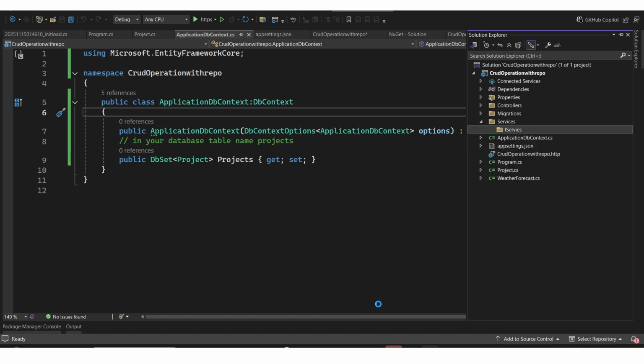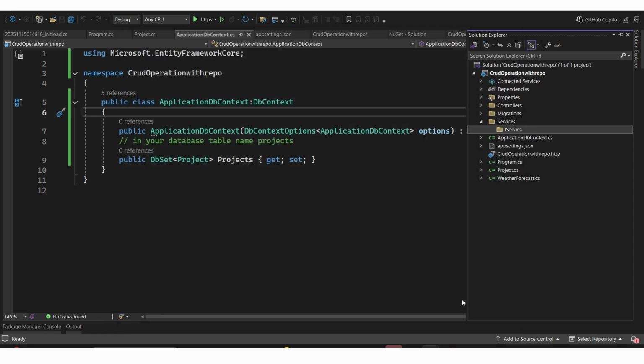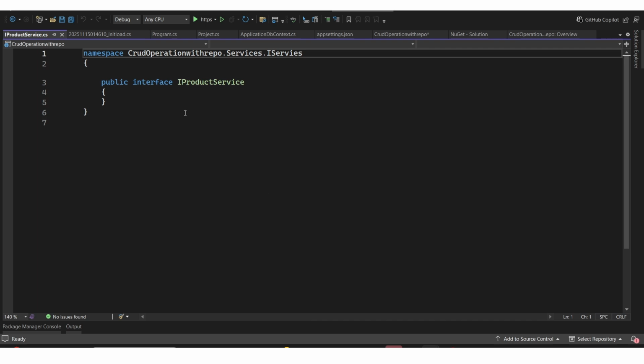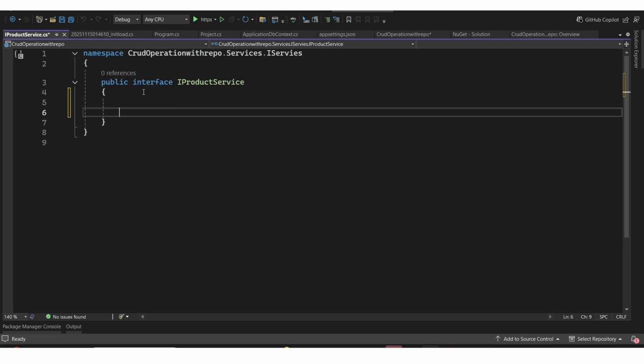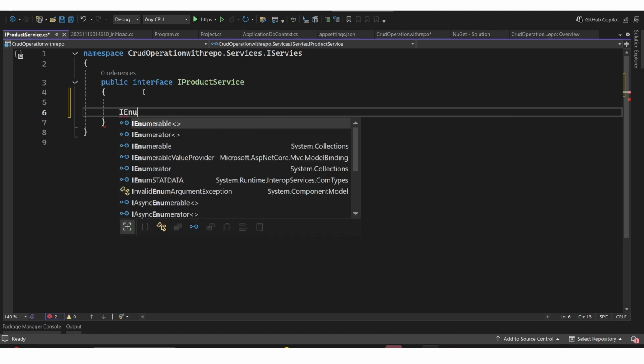Add class, interface, that name is IProductService. Okay, so we can make this interface, and here we can write first all the methods right here,